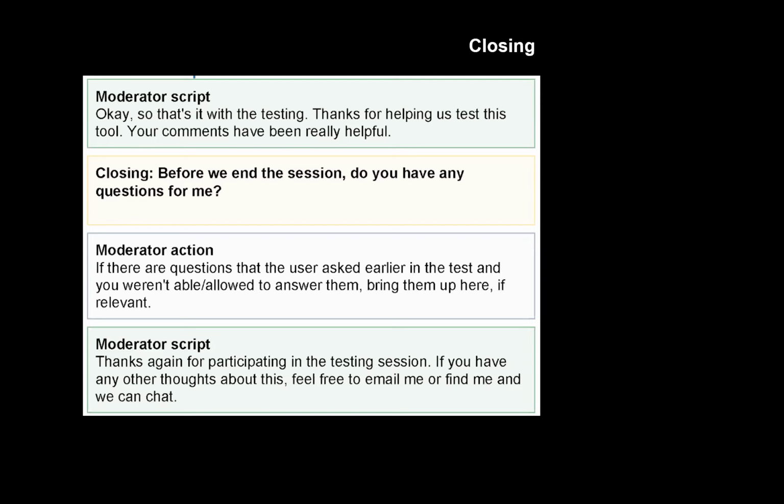But again, a lot of those non-answers may just remain non-answers if they're not able to answer, or if you want to clarify what they told you they thought, and tell them, no, you were totally off base, or yeah, you were right on for that. The closing is an opportunity to close the loop there. There are a ton of resources out there about how to do usability testing and about moderating, and asking questions, and using things like silence. And there are some links at the end of this presentation that will help with that.